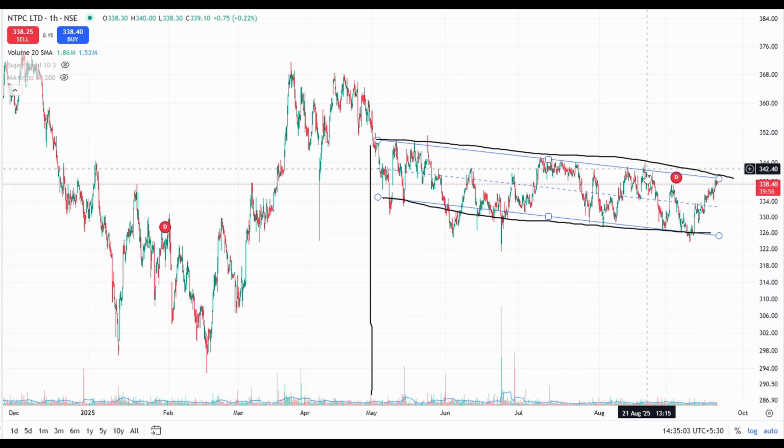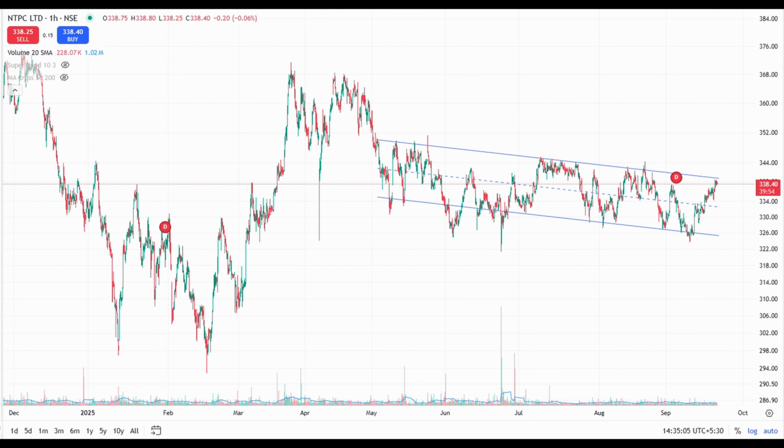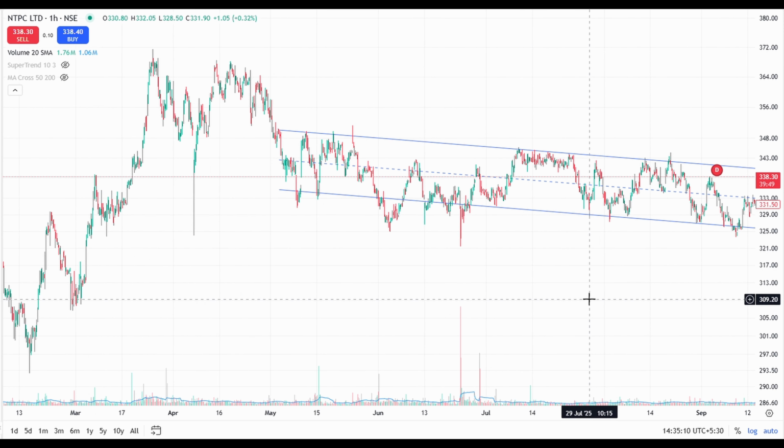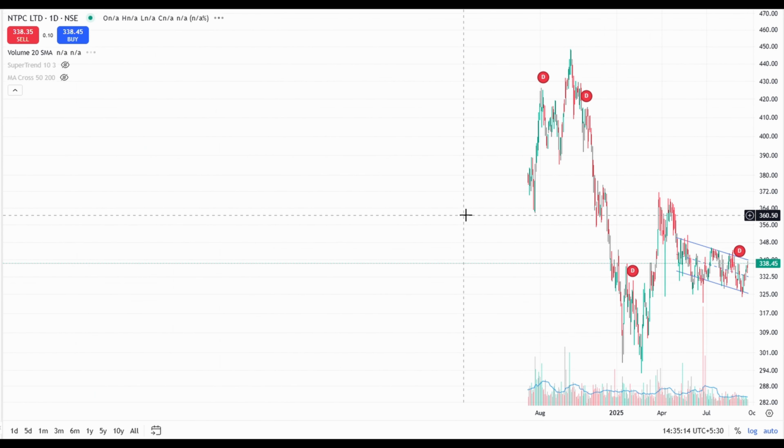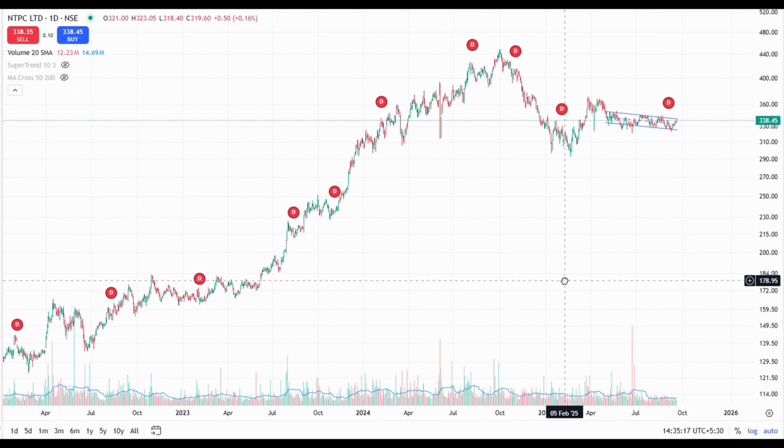It is quite evident that it is downward sloping, so somewhat it is in a negative scenario. Let's now look at the daily chart. What is happening on the daily chart? On daily, we can see that